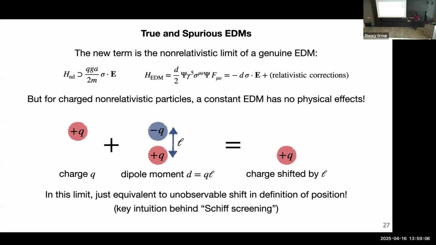People say that Schiff proved that EDMs are screened, but what he really meant was basically if you gave the nucleus an EDM, it's as if its charge is shifted over, and the electron cloud just follows where the charge is. So that's why there's no EDM of that neutral atom. But now this might be even more surprising to you, because I just told you you can't actually measure an EDM, but then when experiments measure, what are they actually measuring, right? And so they measure something more subtle.